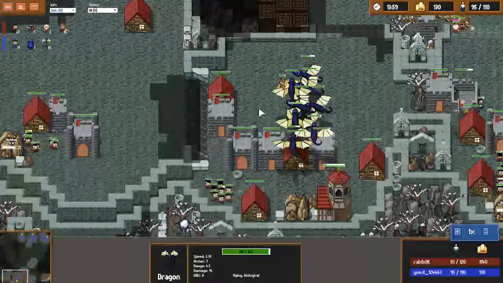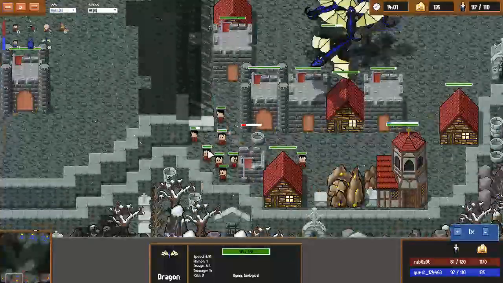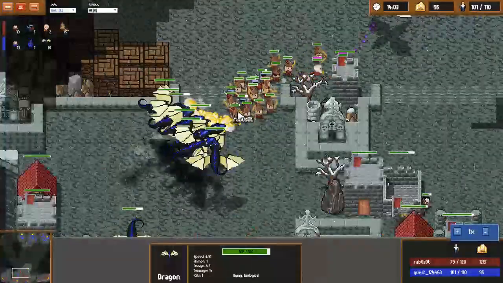There is no tower covering this mineral line. He's going to snipe one archer here. I feel like he needs to be going for these workers. He's going to kill an archer here. The archers are finally showing up, and these dragons...